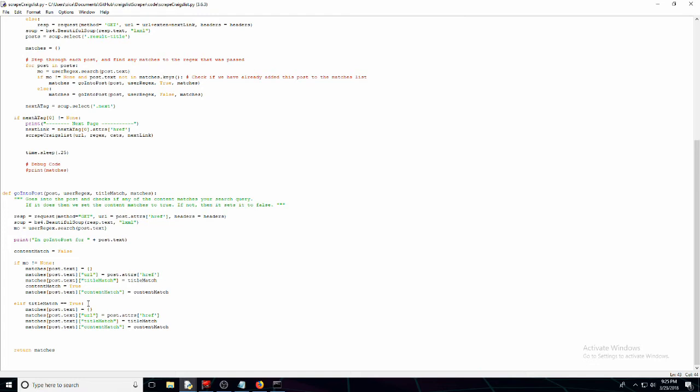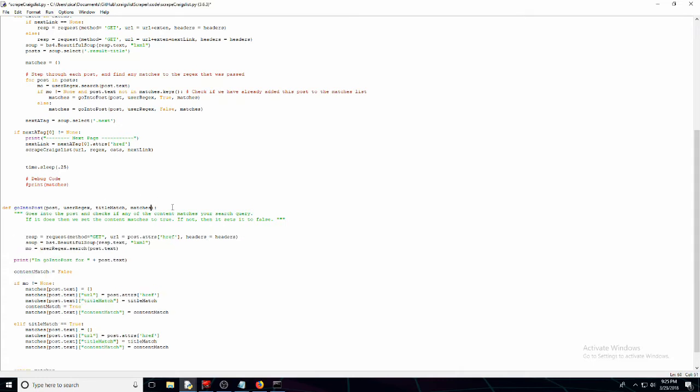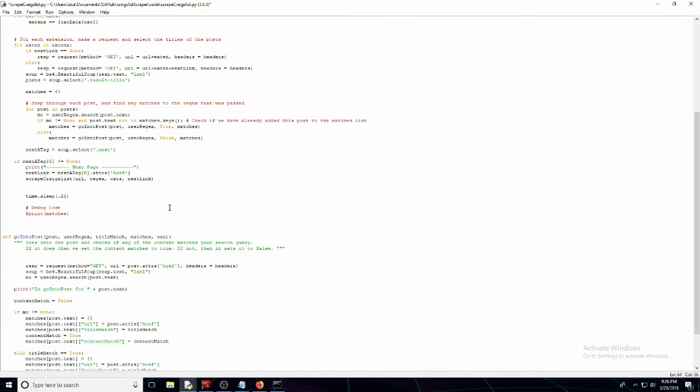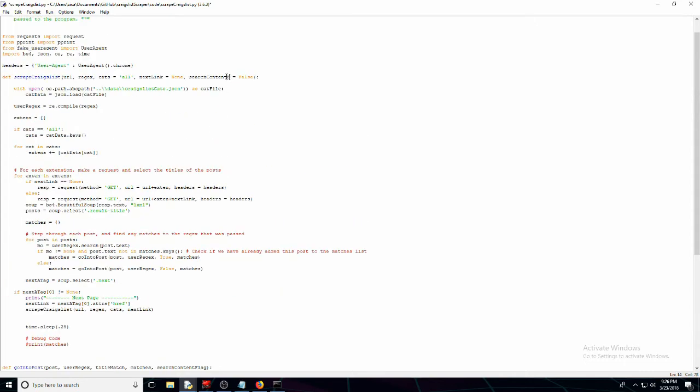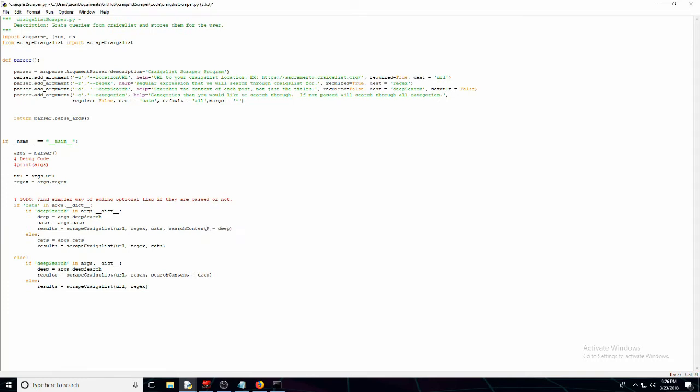Content match true, title match equals true. We don't need to do this whole thing here. Which means we need to pass in the search content flag. We should call it a flag. Search content flag. So we need to come here and change it again to search content flag because it is a flag. It's either true or false. There's nothing else to it. So when we basically refactor everything, it's going to reduce the number of arguments here in each and every single